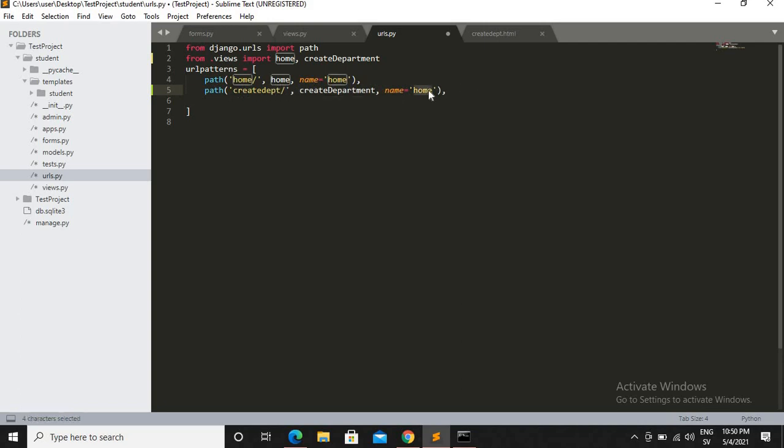The path name should be create_department. Okay,